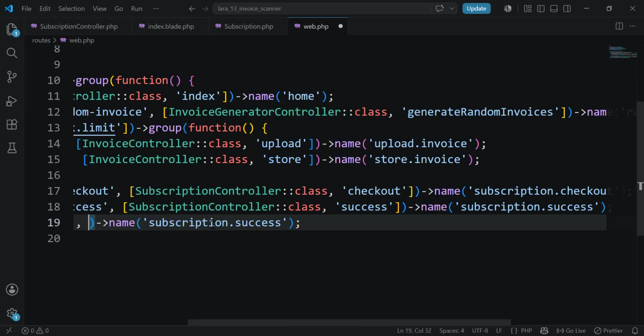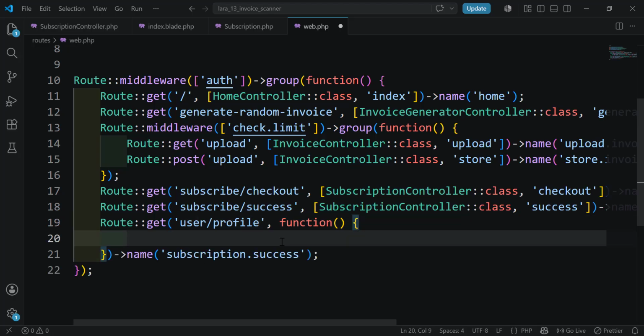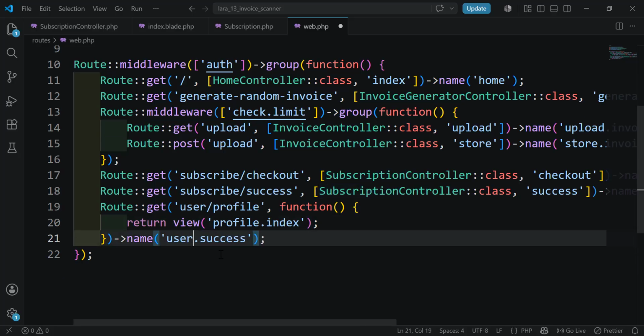If you have updated this project and added more features, you can add a controller to display the user profile. For me, I will use only a function and return the view, which is profile.index. And that's all. Let's give it the name